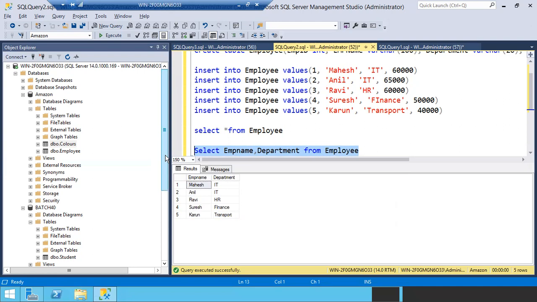You want to see employee name, department, and salary of the employee. Anis, tell me what is the query. Yes, try it, Anis, no problem. We should add salary. Yes, we should add salary. I want the complete query.